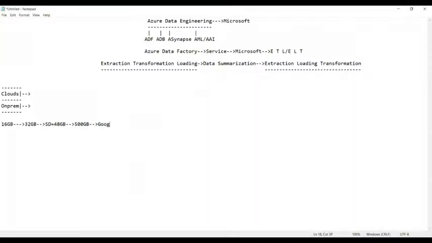So I'm going and storing the data in Google Drive. The default memory provided by Google is 15 GB, and whenever you want 500 GB of data stored on your Google Drive, we have to buy the drive. So I pay something and buy it, and now I can store up to 500 GB of memory.